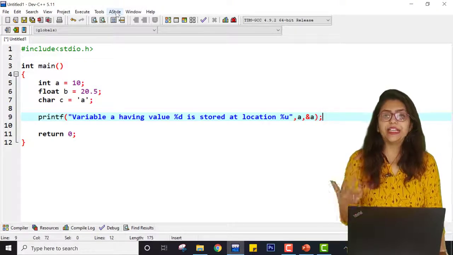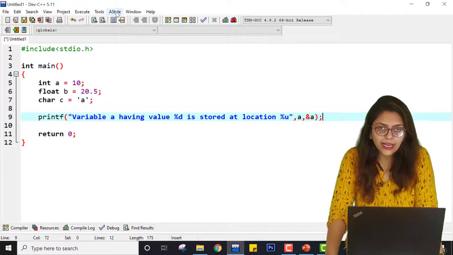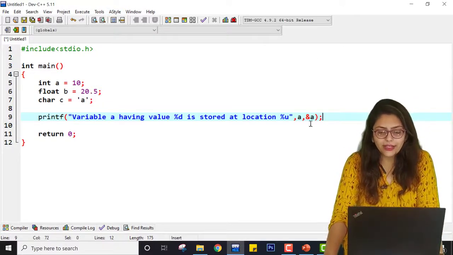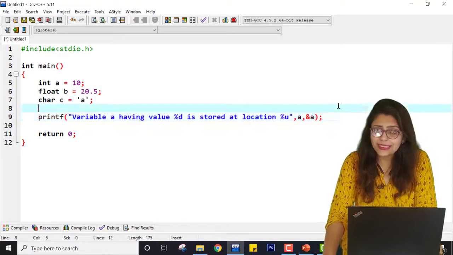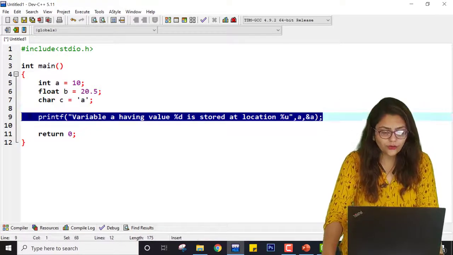So even in printf I am writing &a. Remember this &a is nothing but the address of a. So whatever we were passing in my scanf was nothing but the address of a, right?